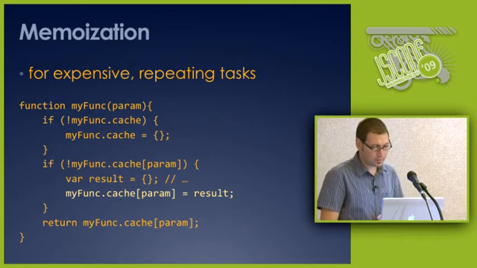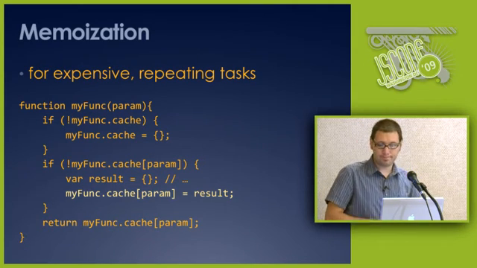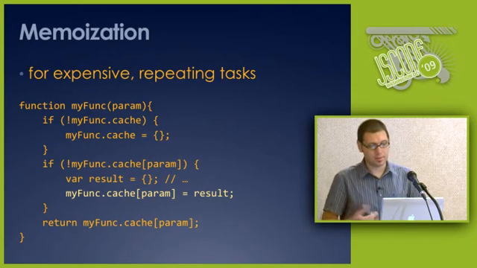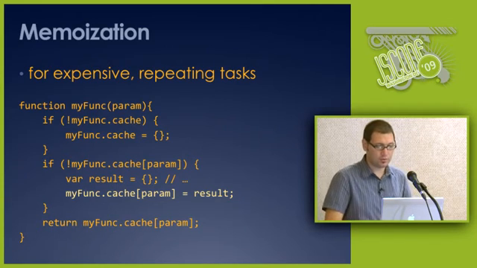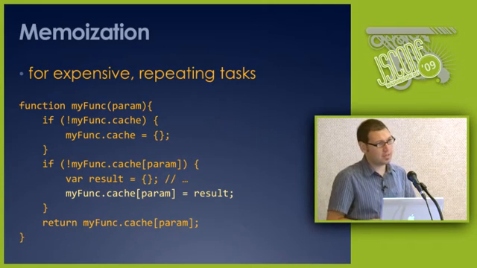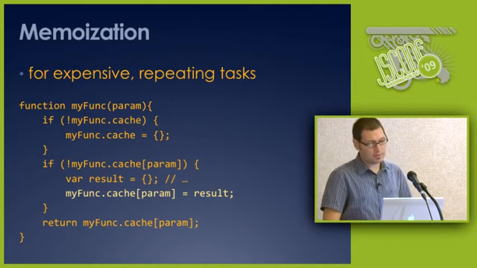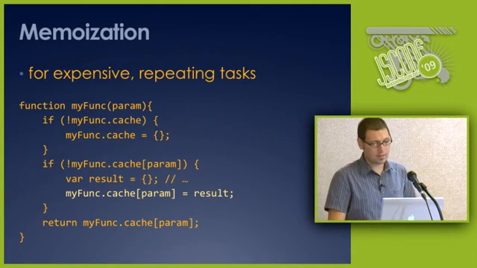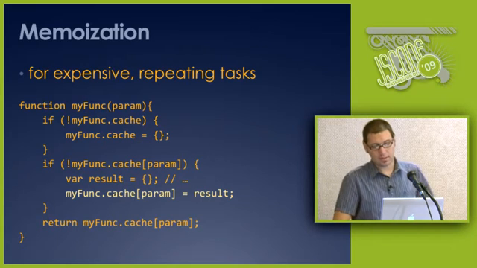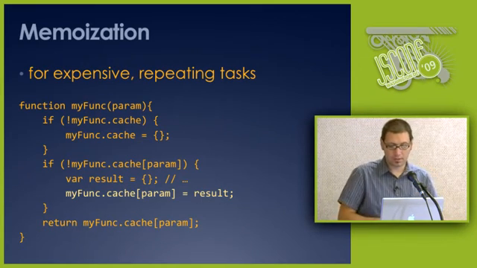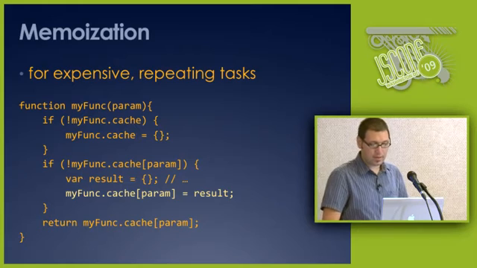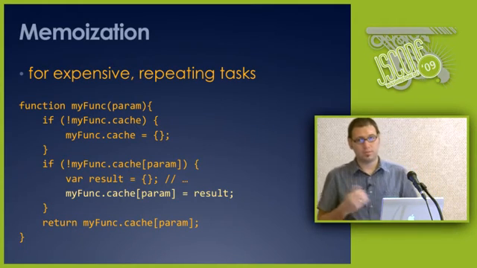So the first time, you run the function with some parameter, and it has some complicated task to do. It checks first, consults the cache. Has this thing already been calculated at some point of time? No, it hasn't. Then you start your complicated task. Once you're done, you write the result. It can be a single value, it can be an object, it can be anything. You write this to the cache,